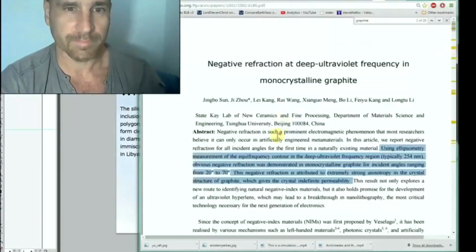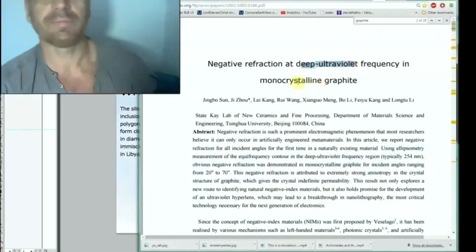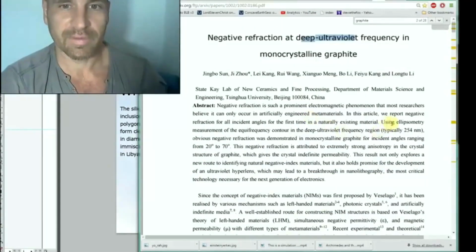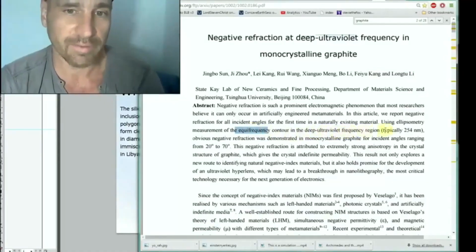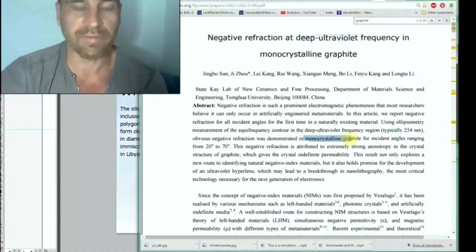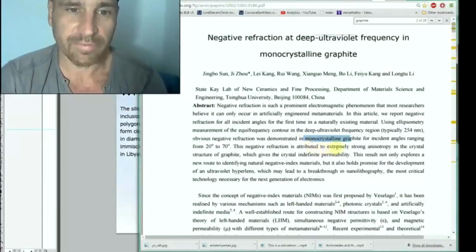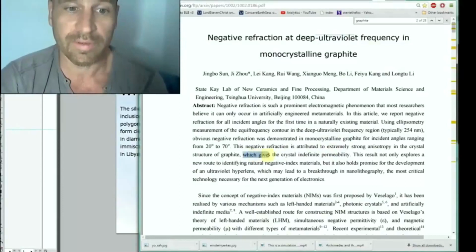I'll find that for you right here. Negative refraction at deep ultraviolet frequency in monocrystalline graphite. Using ellipsometry measurement of the equifrequency contour in the deep ultraviolet frequency region, typically 254 nanometers, obvious negative refraction was demonstrated in monocrystalline graphite for incident angles ranging from 20 to 70 degrees. This negative refraction is attributed to extremely strong anisotropy in the crystal structure of graphite, which gives the crystal indefinite